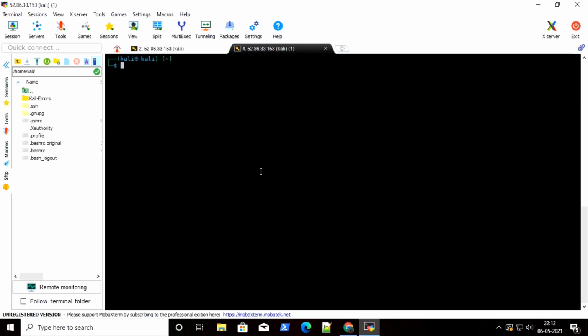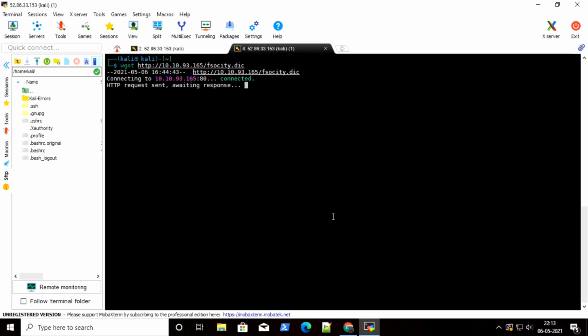I have to download dictionary file here. So I will use command wget and paste our target IP. So it was http://10.10.09.165/appsociety.dic. So this was our dictionary file. We are downloading it using wget.